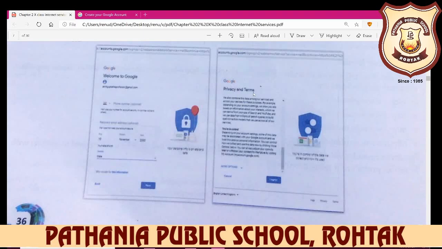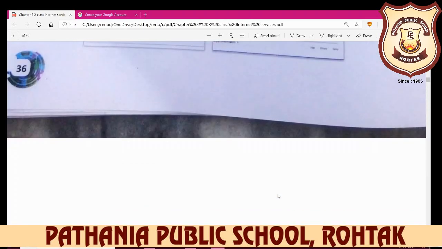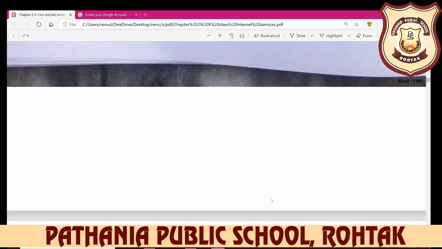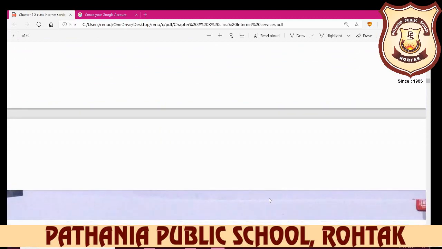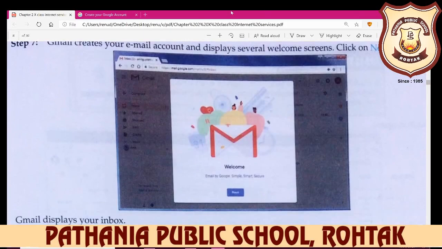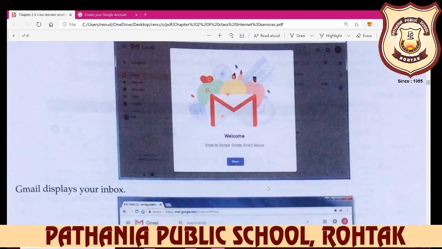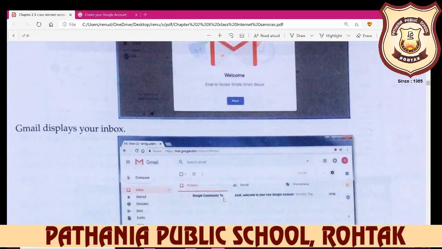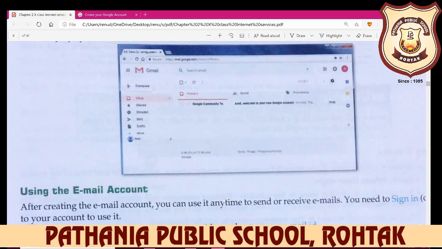You can click I agree to all terms and conditions of Google, and after that you can click on the next button, and your email account will be created. Google sends you an email, from the Google community team.